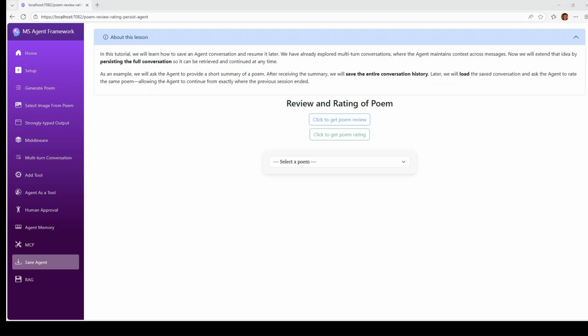Hey everyone, in this tutorial we are going to learn how to save an agent conversation. We can save the conversation, retrieve it, and resume the agent activity later on. We have already seen how multi-turn conversation works, where the agent maintains the context of the conversation. Now we are going to extend that idea to persist the full conversation, and we can retrieve it and continue